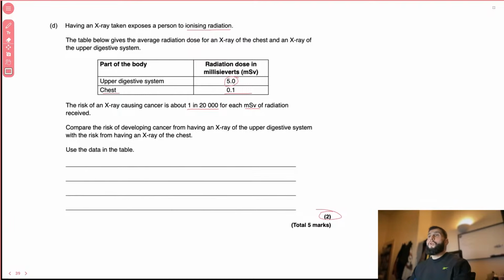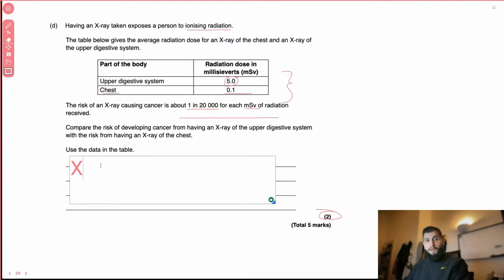So what we know is based on this information. So we can look at this information here and information here. So for every 1 millisievert of radiation, the risk is 1 in 20,000, right? So we can write